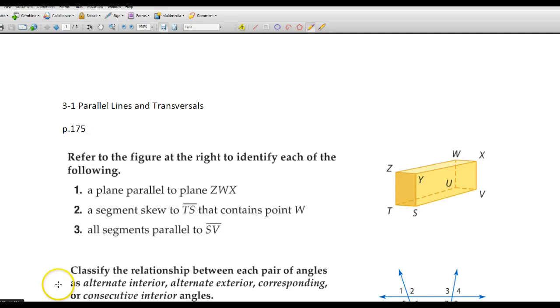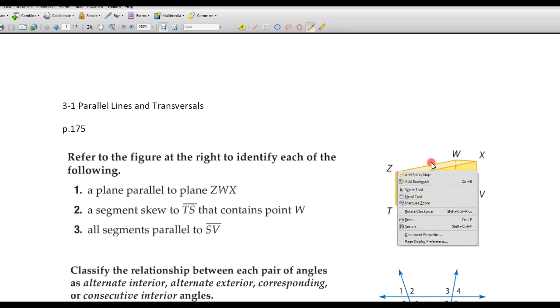Lesson 3.1, Parallel Lines and Transversals, beginning on page 175. Number 1, refer to the figure at the right to identify each of the following. A plane parallel to plane ZWX. So plane ZWX,